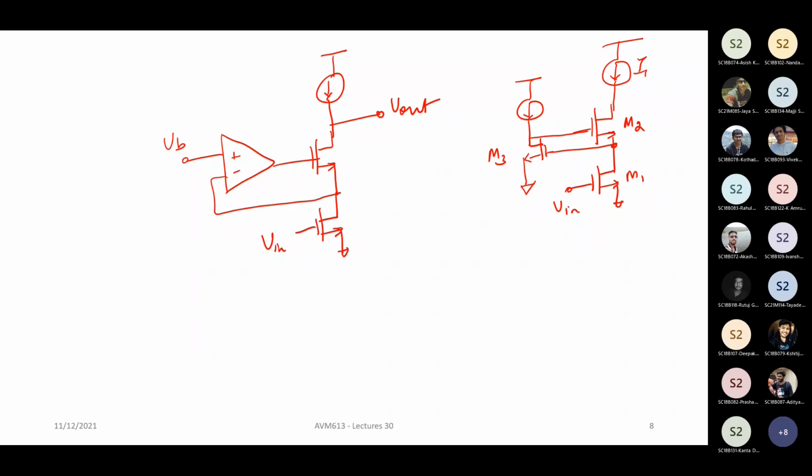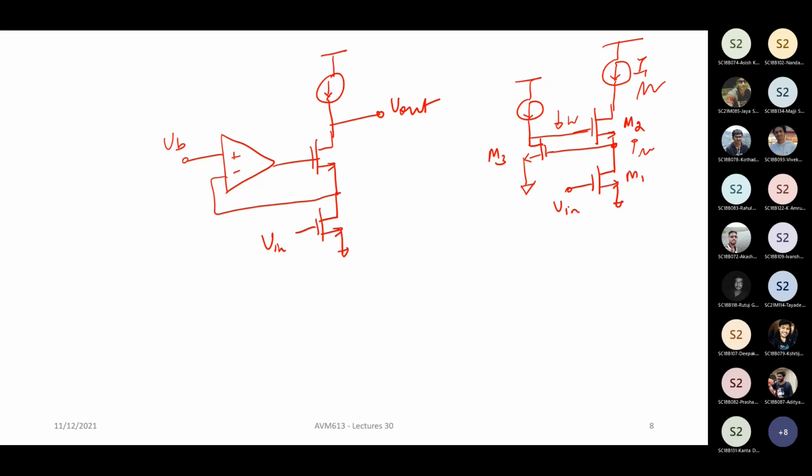Now what happens? Because you don't have the comparison with VB and all that, we will come to it later. But you have some kind of an amplifier here where you take this and you amplify it with a negative gain. So if this goes up, this will come down, and it's going to regulate it and keep it at the point where it is supposed to be. If there is any disturbance here, it will cause an opposite reaction here, and it will try to maintain this node at what was previously there, right? So this is a very simple regulated cascode.